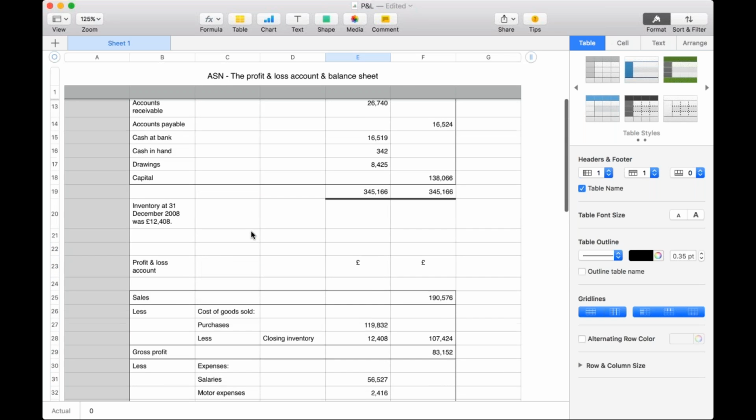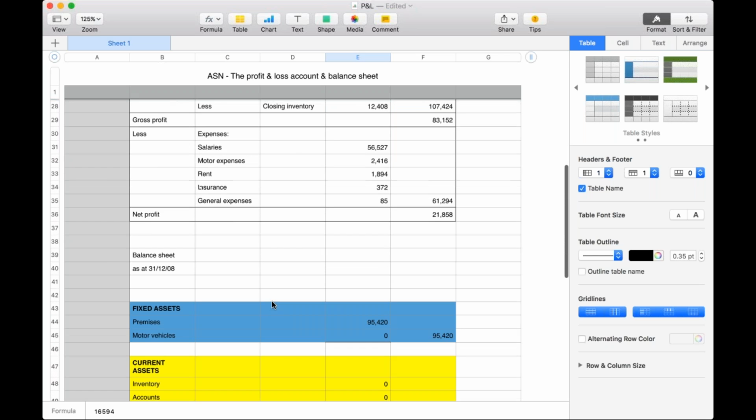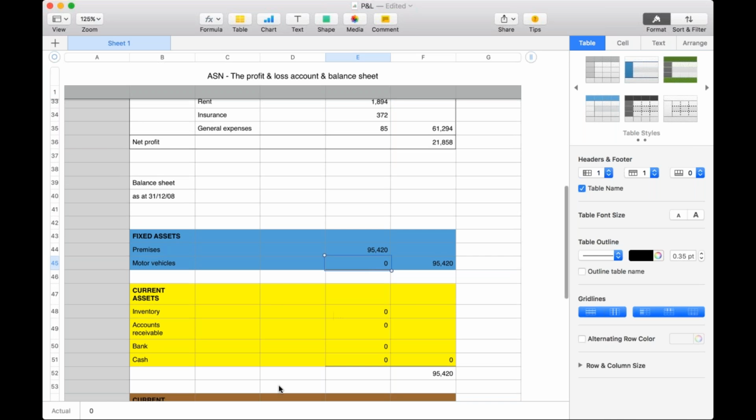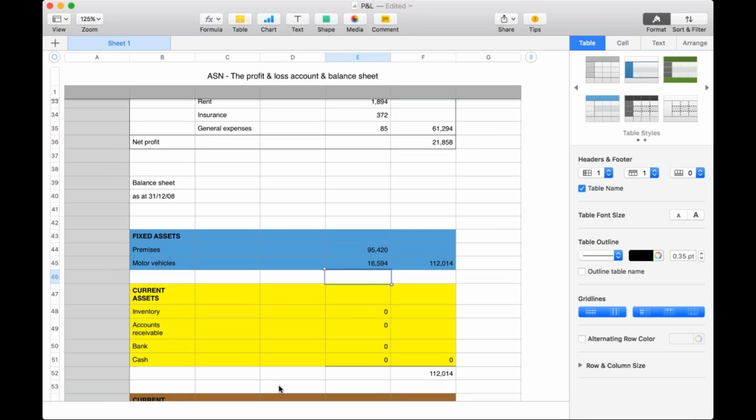So we'll just move back up to the trial balance, and there's our motor vehicles, 16,594. So we'll put that figure in there, like so. And that gives us a total fixed assets figure of 112,014. Okay, so that's our sort of big assets that the business owns, and that's our first part of the